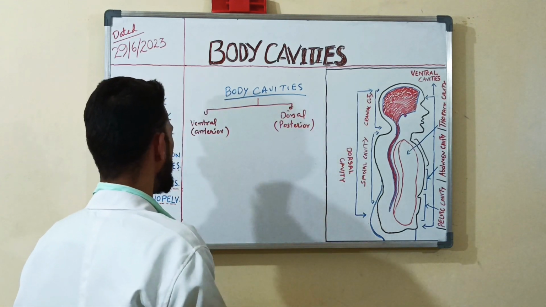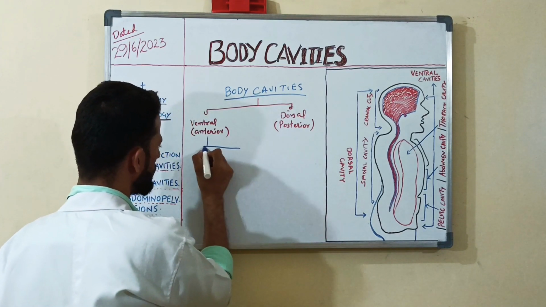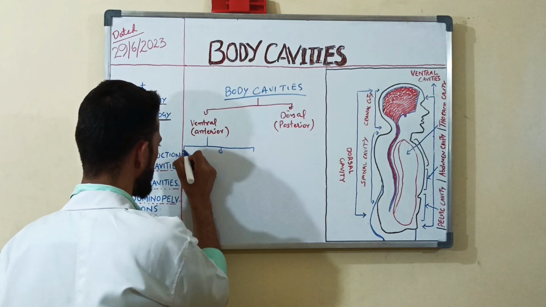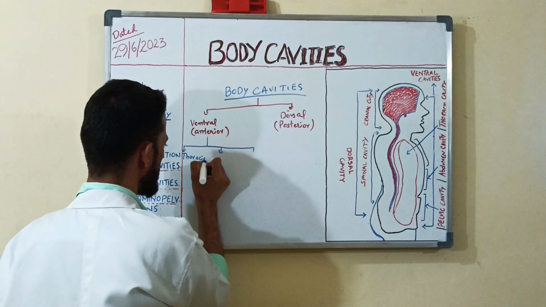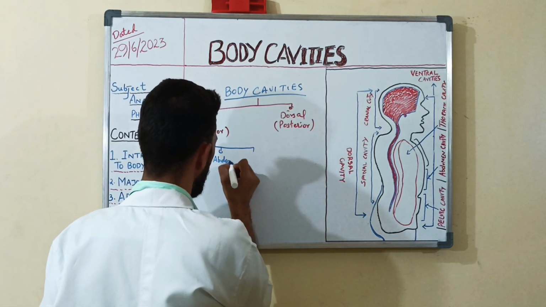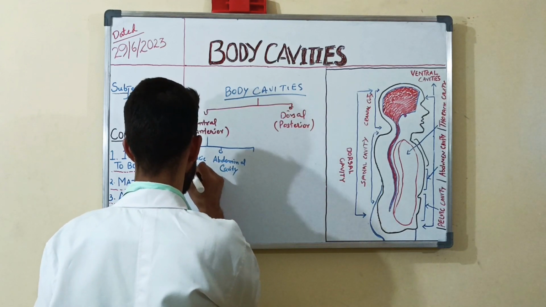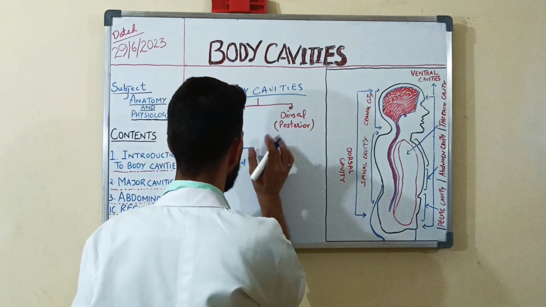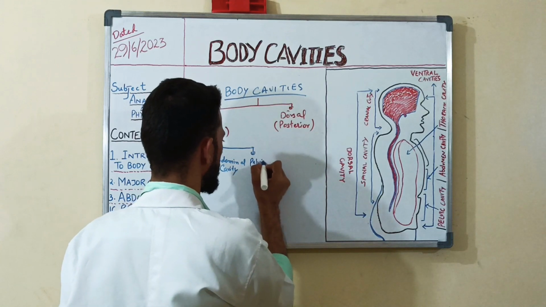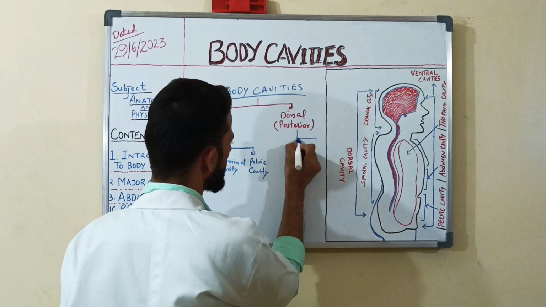In the ventral, that is anterior part of our body, there are mainly three types of body cavities. First one is thoracic, second one is abdomen or abdominal cavity, and third one is pelvic cavity, and the next one is dorsal, that is